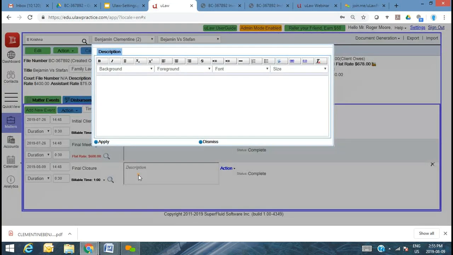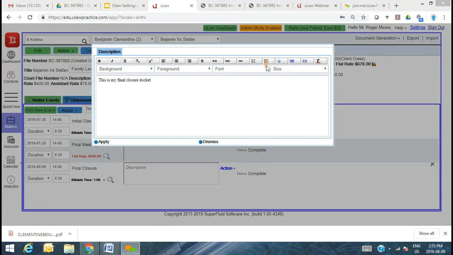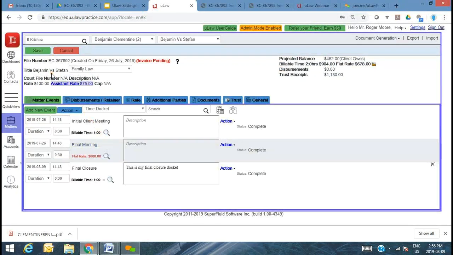So if I put in a description, I click on description, I say, this is a final closure docket, right? So you can basically summarize an entire matter's effort within this one description and just have one docket representing an entire matter. We've seen clients do that. Or you could basically have each and every docket having its own set of event information and docketing. So if I go ahead and apply and click save,